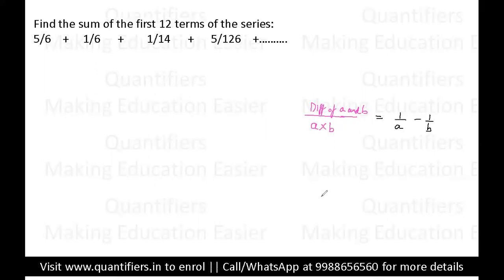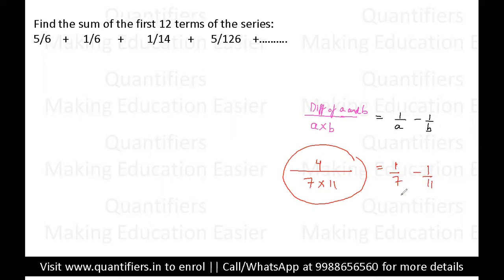Let me give you a small example. Let's say in the denominator we have two terms which are getting multiplied. Let's say 7 into 11. Okay, now if I have 7 into 11 in the denominator, and in the numerator I am having the difference of 7 and 11. आप देख सकते हो difference of 7 and 11 कितना हो गया, 4 हो गया. So if you have something like this, students, you can write it as 1 by 7 minus 1 by 11. Okay, 1 by 7 minus 1 by 11.